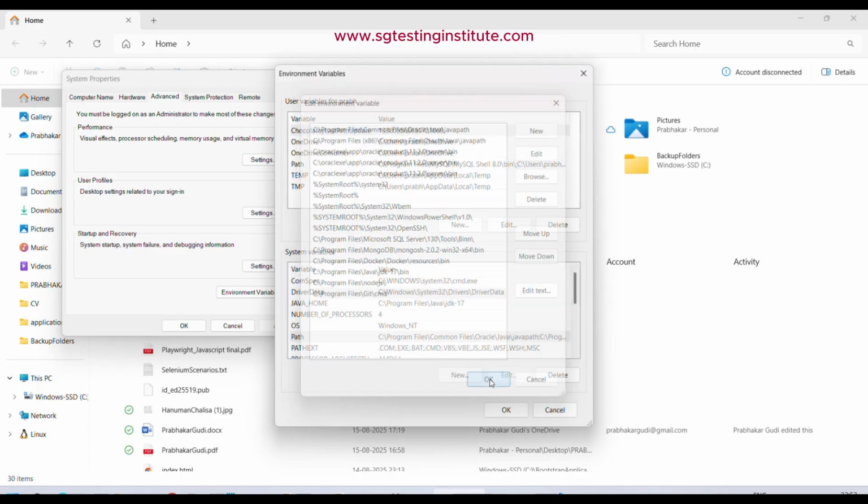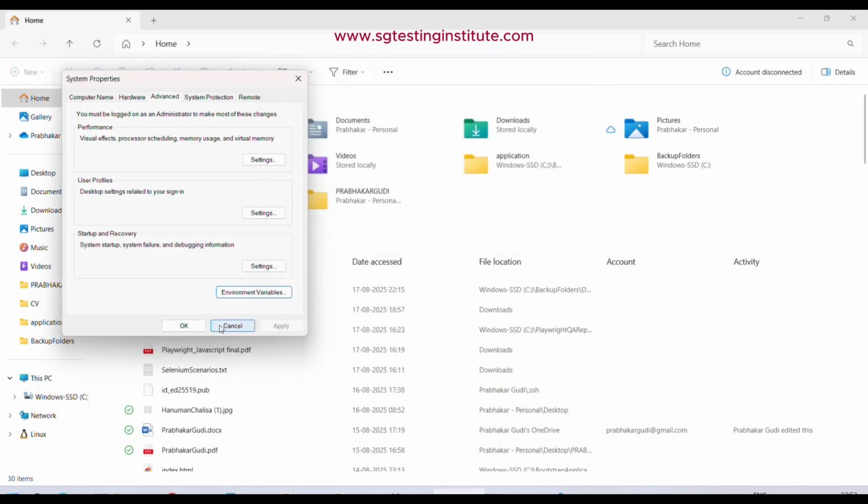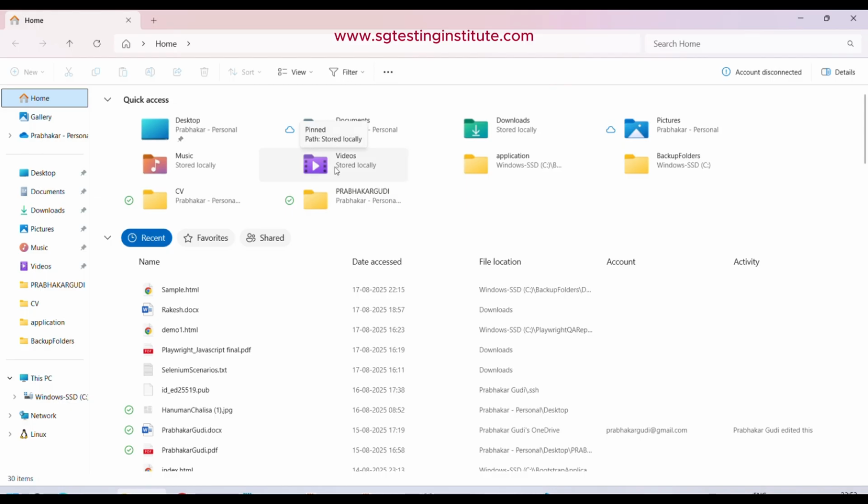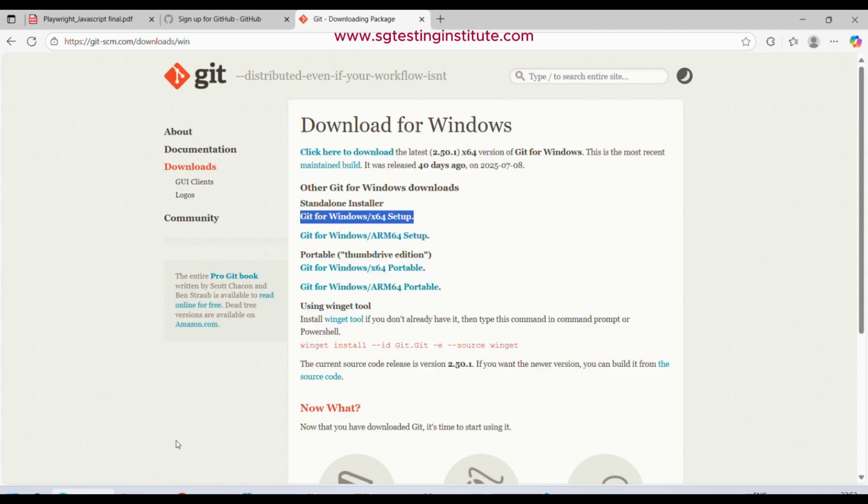So click on OK. So actually this has to be automatically available in the path variable. If it's not available, we can add it explicitly. So what is the path? C program files git cmd. So once after adding this particular path, how can we make sure whether the Git client has installed